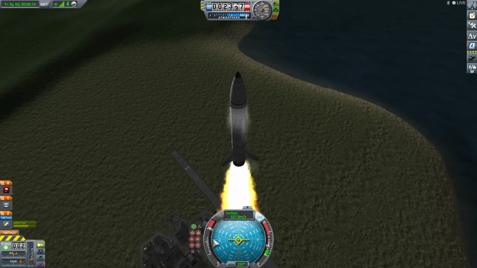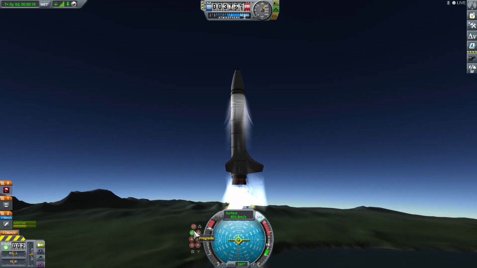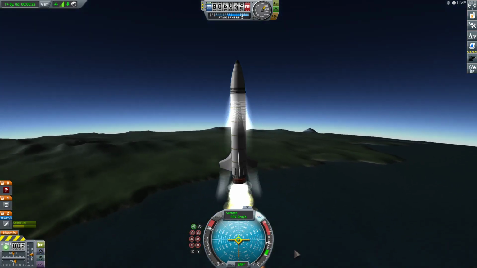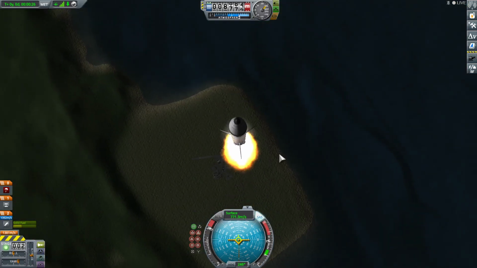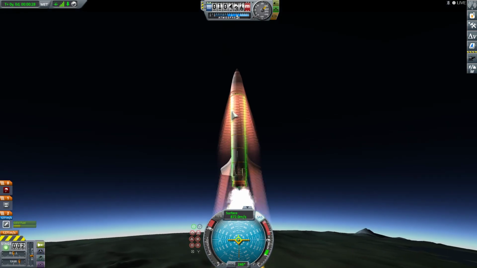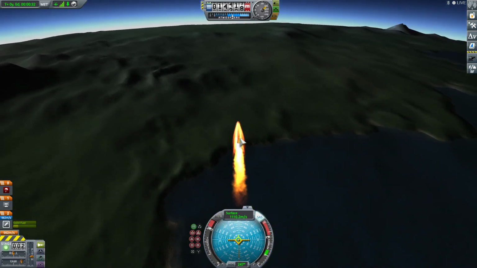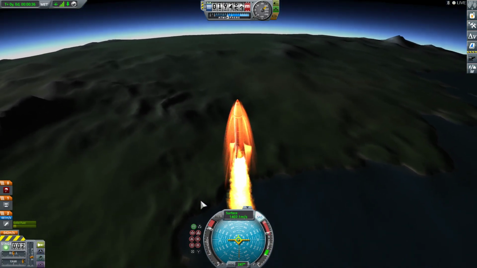Now you might notice all these symbols here. Prograde just makes it want to point whichever direction the rocket is going. Stability assist, which I normally have on, will just try to counteract any change in rotation. Retrograde will make it point away from wherever it's going, so it would be pointing in the opposite direction. The thruster would most likely be pointing downwards, and that can cause some problems if you